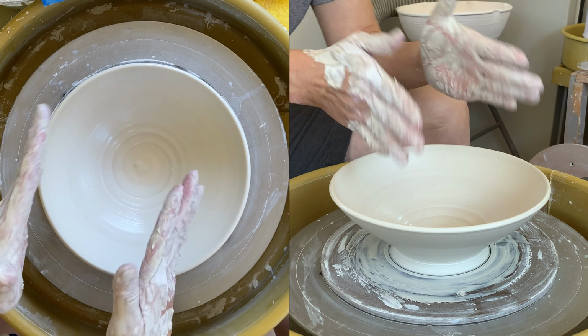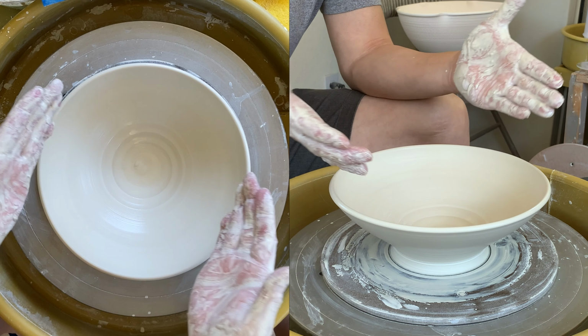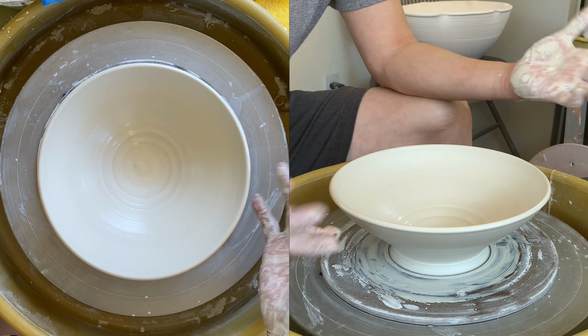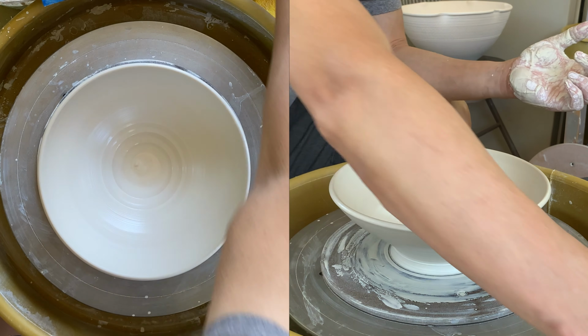Right. So from the beginning, the rim is narrow. Now I gradually open it up, so you will see the progress of the bowl. And I'm going to finish the inside. So to finish it up,